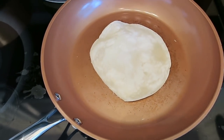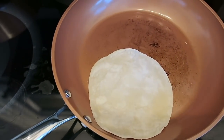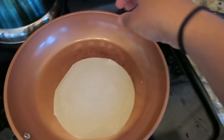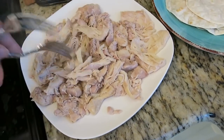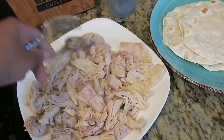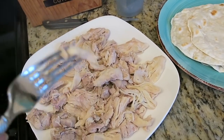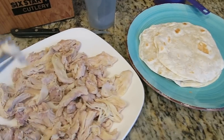Whenever I open a package of tortillas, I like to cook quite a few. I make more than what we need for dinner because if we want to have quesadillas or tacos the next day, I don't want to have to cook more. So here's the chicken. I'm gonna season it and then actually make the quesadillas. My battery had died during this time, so I didn't realize that it wasn't filming the whole time. I will show you a clip of the